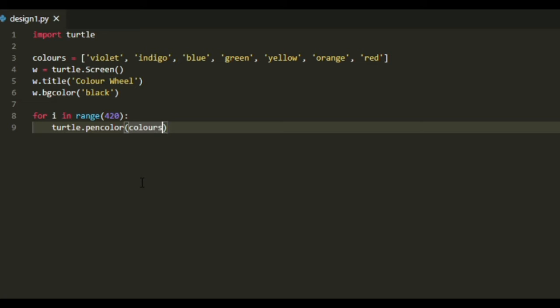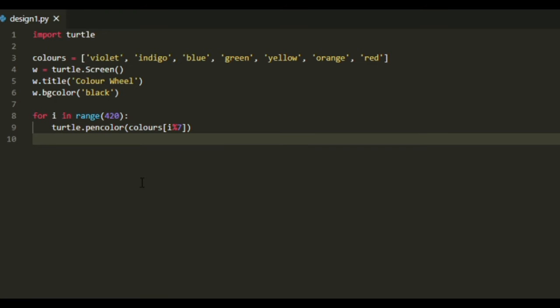So colors, and we'll use square brackets because we will be using the index number, and we'll say i mod 7 because there are 7 colors of the rainbow, so we'll get the output as 0, 1, 2, 3, 4, 5, or 6. As the array numbers begin from 0, the total will come to 6.